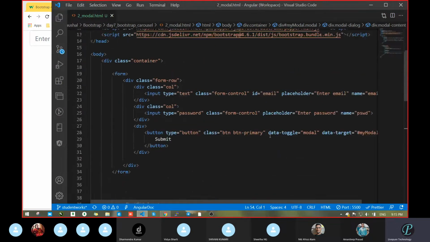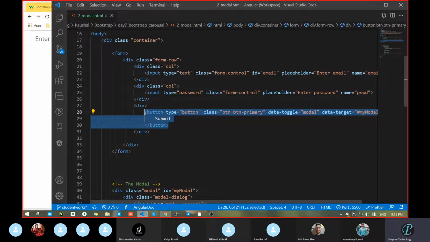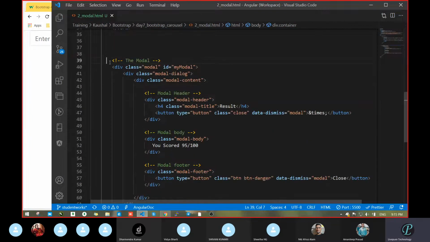Okay, so let's go to the code and see how it came. We had taken one button already, everybody knows that, but there is something here also, we will come to it later. But let's move on to the modal one. So here we had taken one class named modal. Whenever anybody tells you to add a modal, your mind has to hit directly on this design. Okay, modal means this one. So here we had taken class equal to modal. After that one class we had taken, that is modal-dialog.